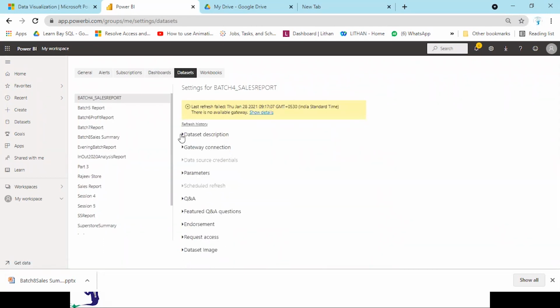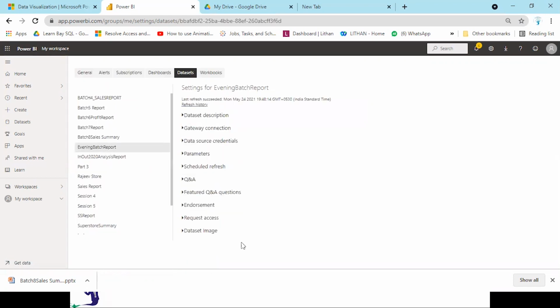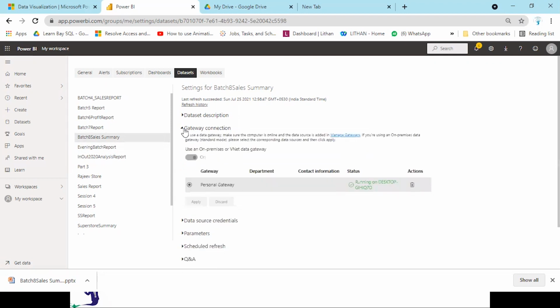Okay, then we are talking about batch 8, batch 8 summary. Here it is. So under the settings, you will go into the gateway connection.